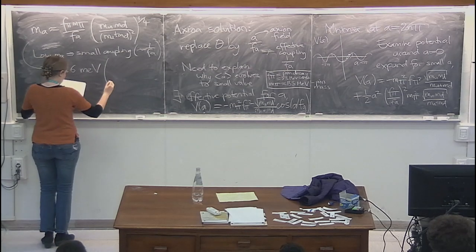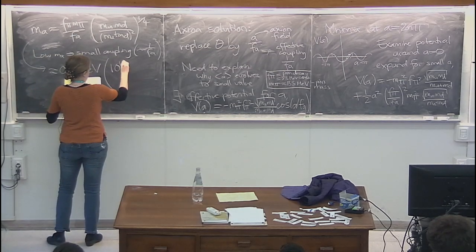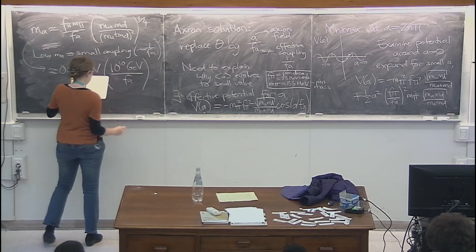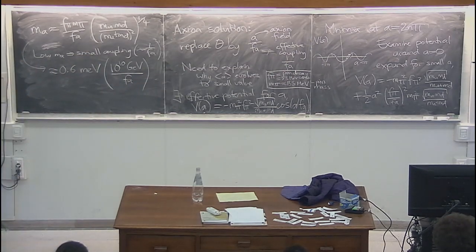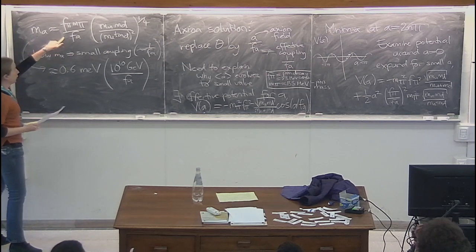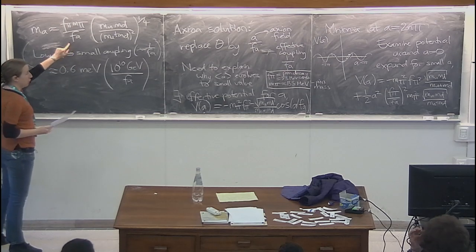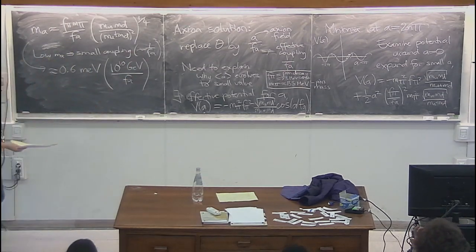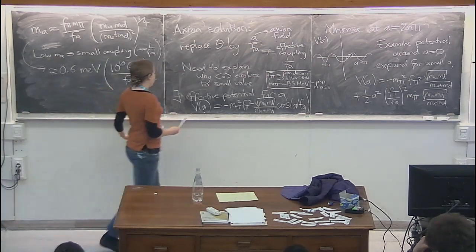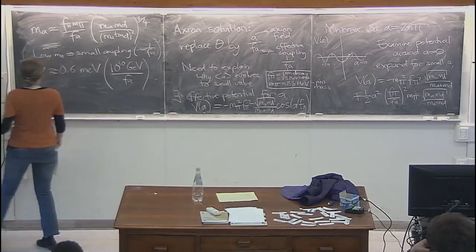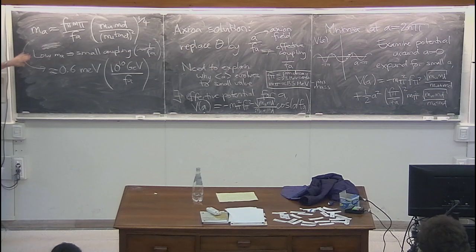So here I have a trade-off. If my mass of the axion was close to the QCD scale, my F for the axion would also be close to the QCD scale. The characteristic scale of my coupling would just be 1 over lambda QCD, and this would be like a QCD mass, QCD scale interactions field. But I have the freedom to make the scale of the coupling extremely large, make the coupling extremely small, and that also pushes me to very low values of the axion mass.